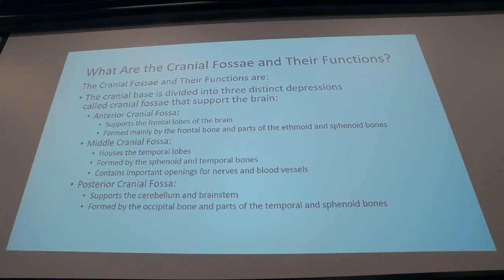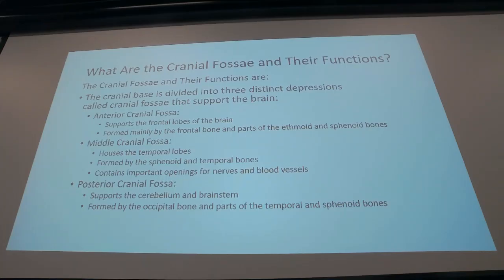Now let's look at fossas within the cranium and their function. So in our cranial base, we have 3 depressions or fossas. So we have the anterior, middle, and posterior cranial fossas. In the anterior cranial fossa, we have the frontal lobes of our brain fitting into there. And mainly this fossa is made by the internal part of the frontal bones, part of the ethmoid, and the sphenoid. The superior part of the sphenoid forms this